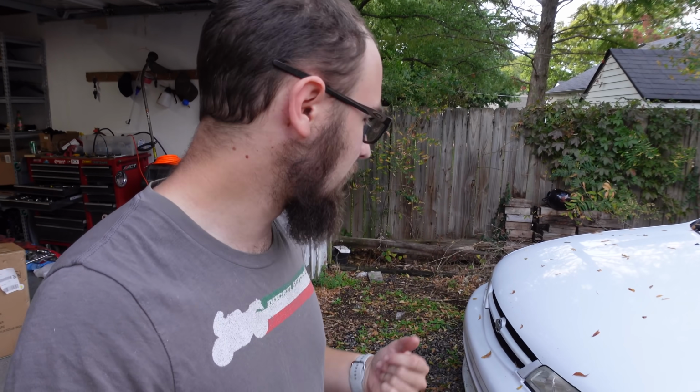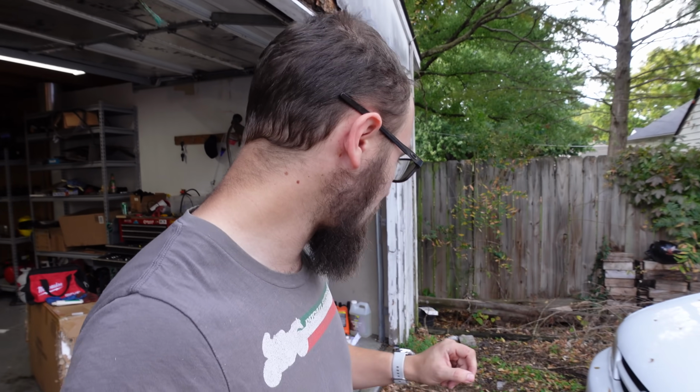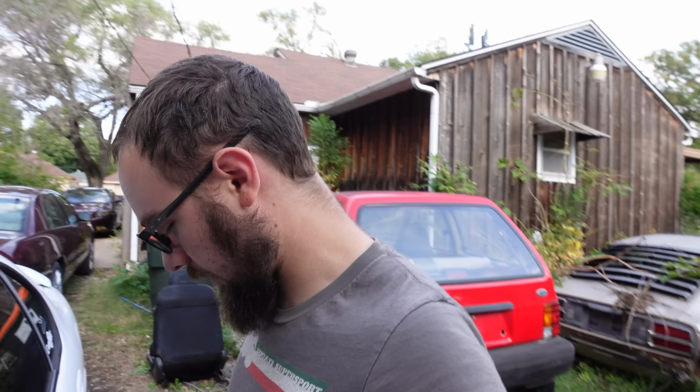If you remember in the last video, we replaced the radiator in this, and since then I have done absolutely nothing. Haven't even driven it. I parked it here, and here it has sat because there is something that literally everybody commented about that I did know about and was going to take care of. But it took forever for the part to get here, so...